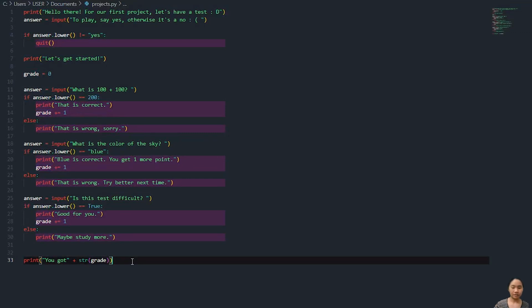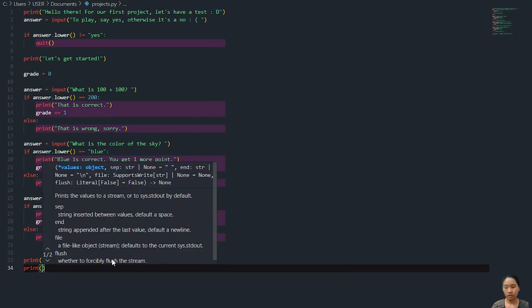This is what it does, okay? And so we've appended this grade by transforming it into a string, appended it to you got. Continue on with questions correct. Print